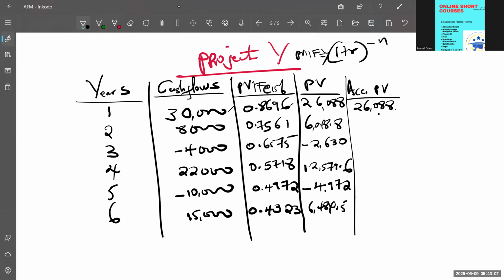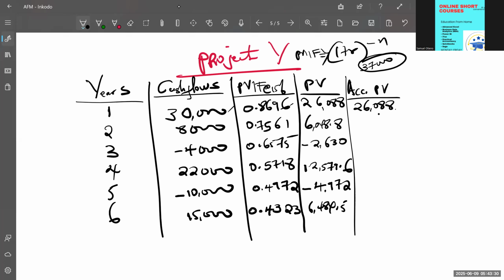Remember, we are looking to recover how much? 37,000. That is our interest. Now, at the end of year one, of course, we've not already recovered our investment. 26,000 is less than 37. So we go to year two and see how much we are able to recover at the end of year number two. So to get that, add 26,088 to